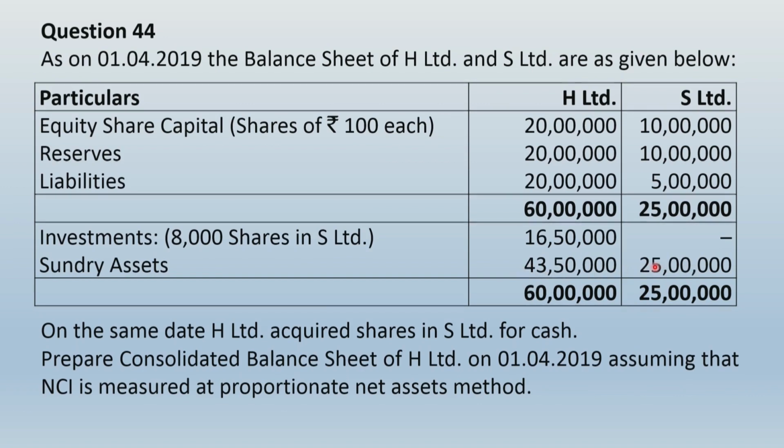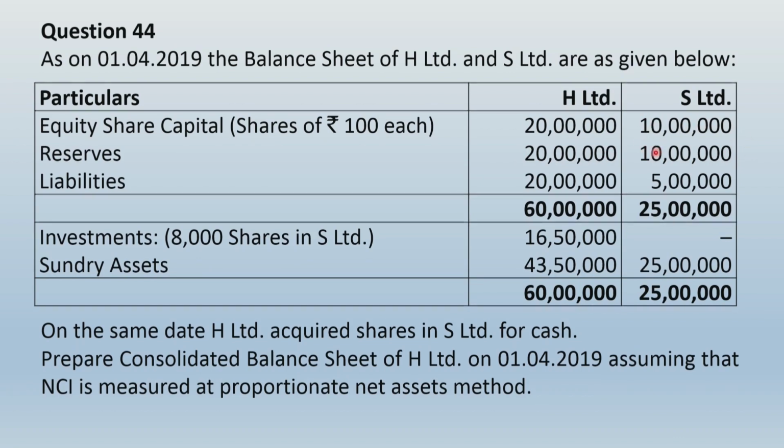So what we have theoretically understood is, when we present the consolidated balance sheet, we are simply going to take the aggregate of these assets, that is assets of H Limited will be merged with assets of S Limited. Likewise, liabilities of H Limited will be merged with the liabilities of S Limited. Now regarding the equity of H and S Limited, it is only the share capital of H Limited which will be presented in the consolidated balance sheet, and only the reserves of H Limited that will be presented in the consolidated balance sheet. So what happens to equity and reserves of S Limited?